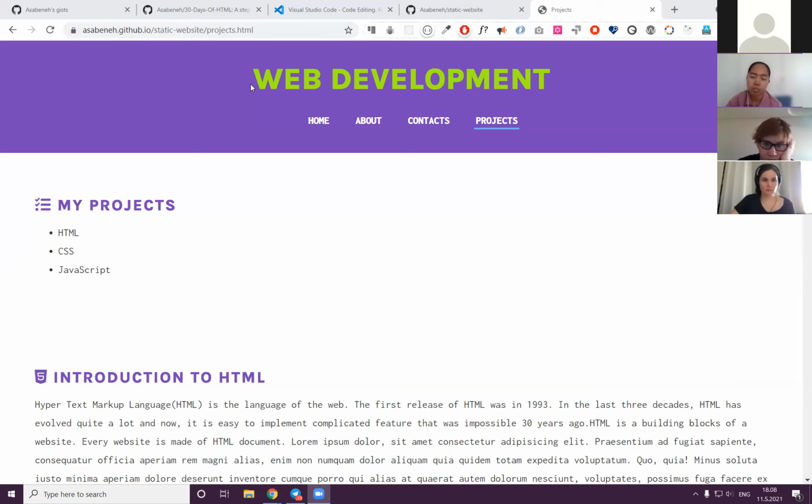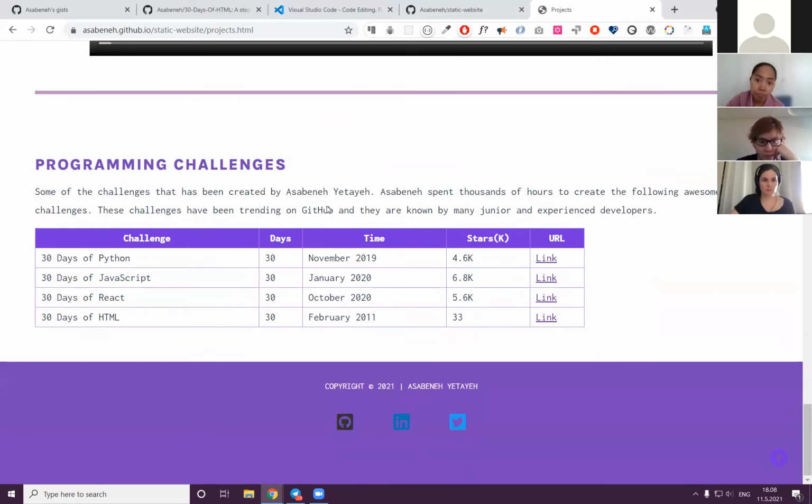So inside the header, it has some kind of a title. And then there's some navigation, or you may call it a menu. So this kind of feature is very common in many websites, right? And if we go down, it also has some similarity with the header, and it has some